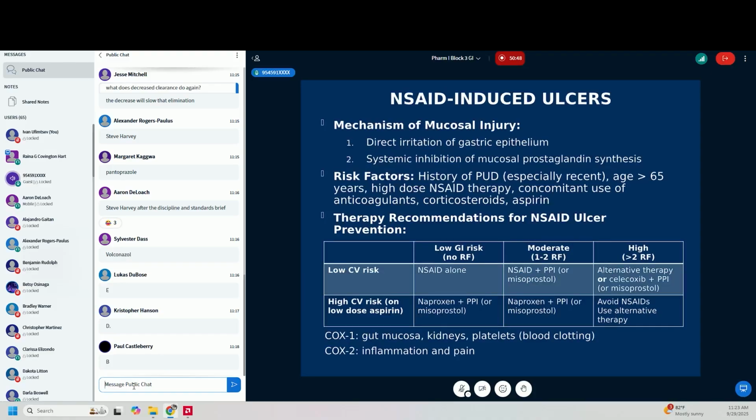Looking at our NSAID-induced ulcers. Remember I told you a patient could be on an NSAID, especially for a long period of time, because sometimes we will do that with pain management, and what you can see is that they can have ulcers that end up forming. Also, if you have patients who are in the ICU, they're in a lot of pain. So you'll see sometimes that we have them on certain medications, and those will cause those stress ulcers. So we will prophylactically put them on our medications to decrease the disturbance to that gastric lining